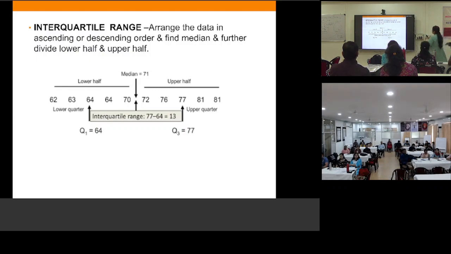Okay, so the lower half middle value will give you Q1, the upper half middle value will give you Q3, that is quartile 1, quartile 3, and median is nothing but quartile 2 only. Okay, so this is the interquartile range, you are telling how much my data is ranging, here 77 minus 64, 13. So what again you are telling,